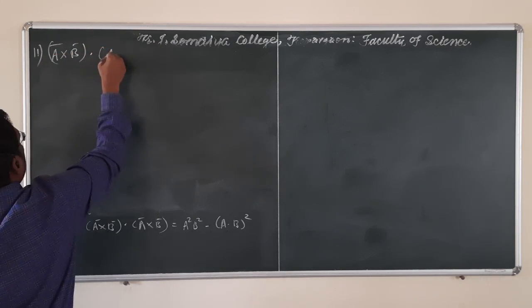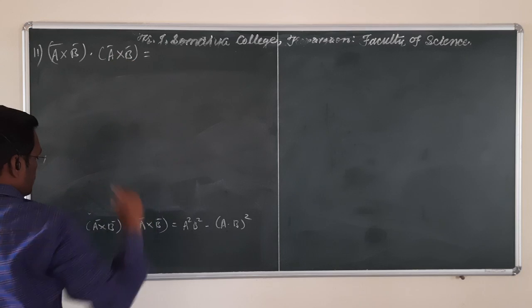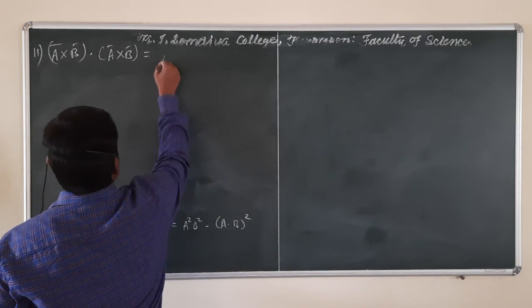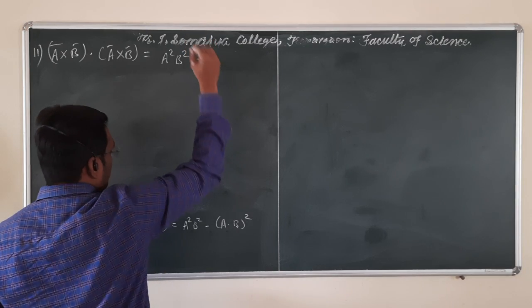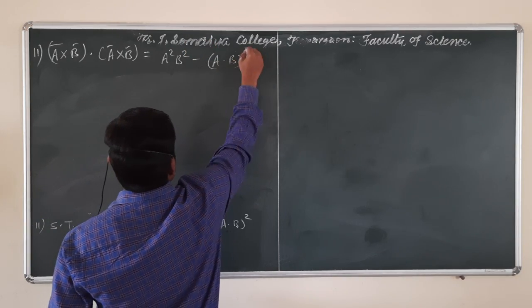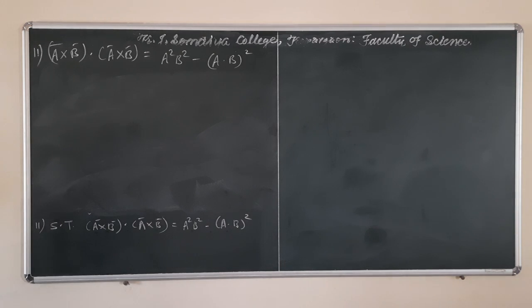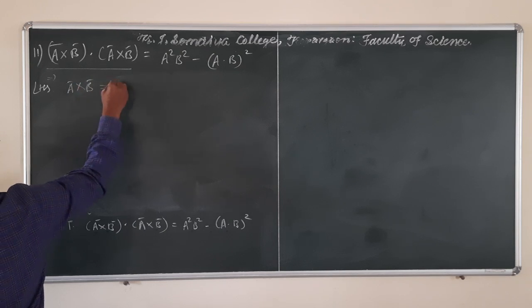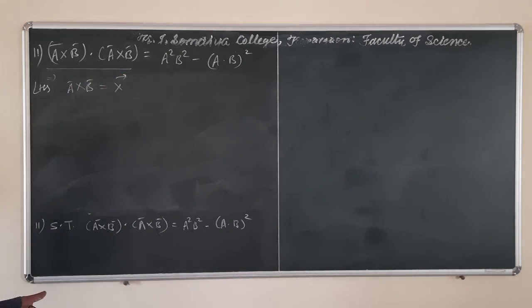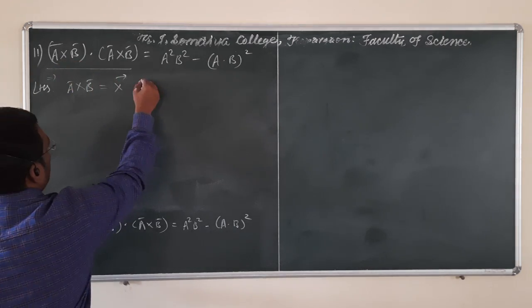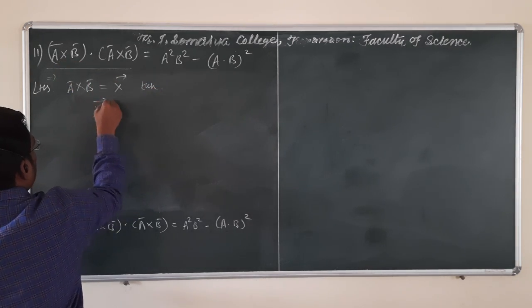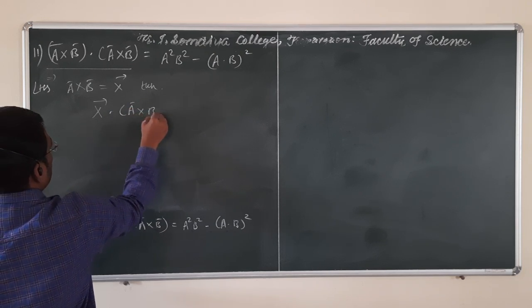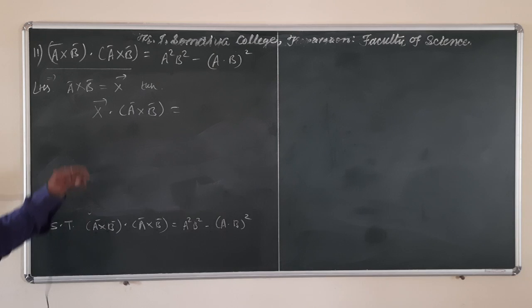So a cross b dotted with a cross b is equal to a square b square minus a dotted with b square. Now we start with left hand side. Let us call a cross b as X. This first term. Then we know that X dotted with vector a cross b is equal to, see, this term